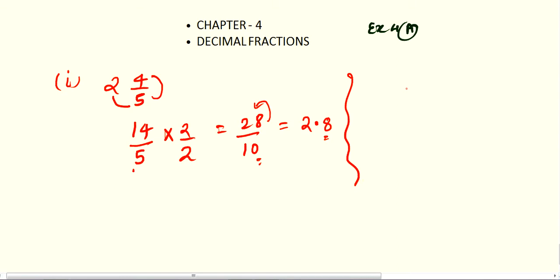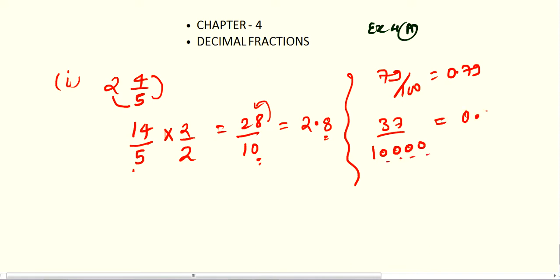Second one is 79 by 100. So directly you can write 0.79. Third one is 37 by 10,000. Clear? So 4 zeros are there. That means after decimal you will have 4 places. 1 2 3 4, 1 2 3 4. Clear? Then one more question,